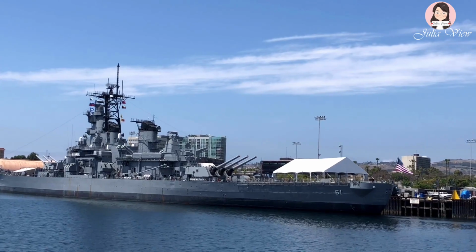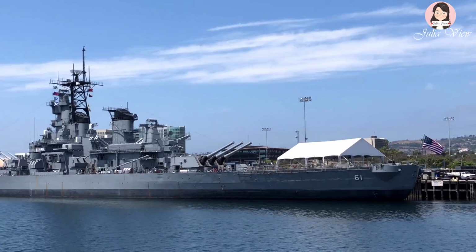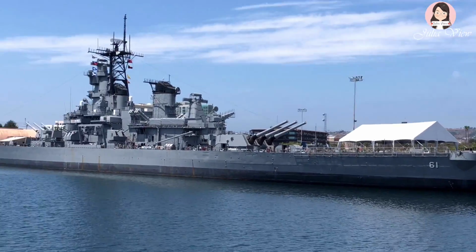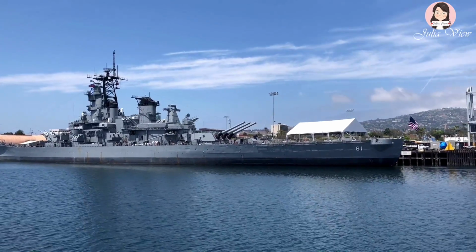Because of his handicap, so he could not walk properly, they provided his ship with an elevator and water cabins. So they had a lot of stuff. It was the first time that the cannons could shoot bullets or